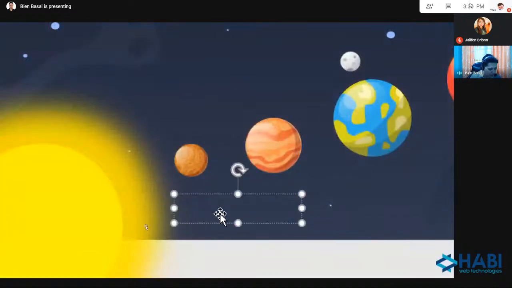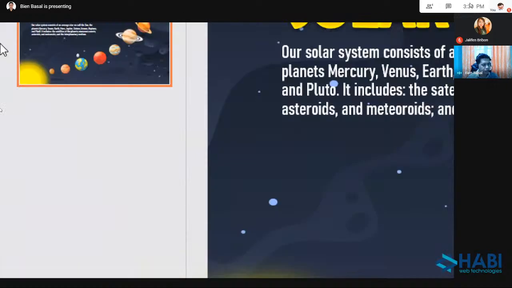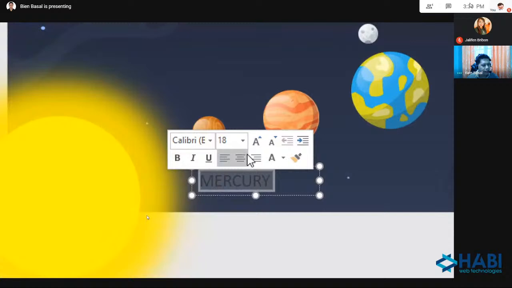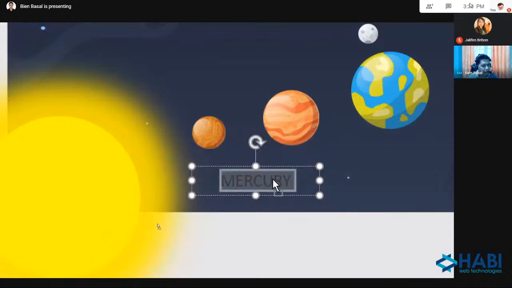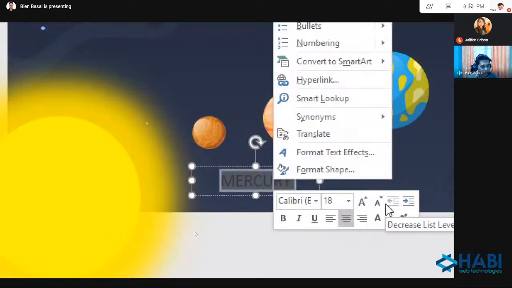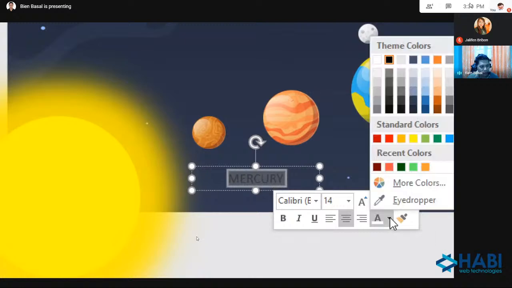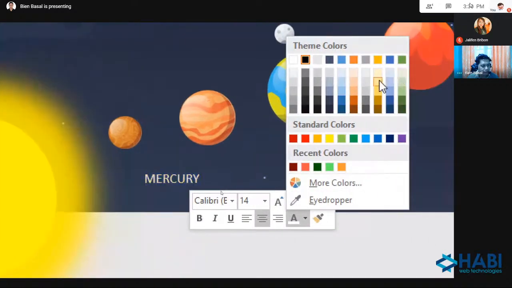I will type here, all caps na lang muna, Mercury. Oops, sorry. I will highlight and make it centered and maybe a smaller font, and I want it white. You can use any color as long as contrast po sa background.